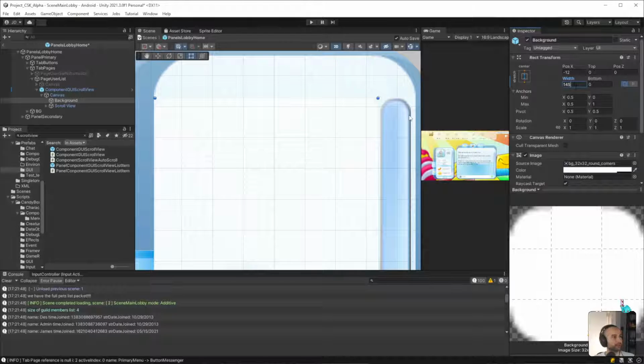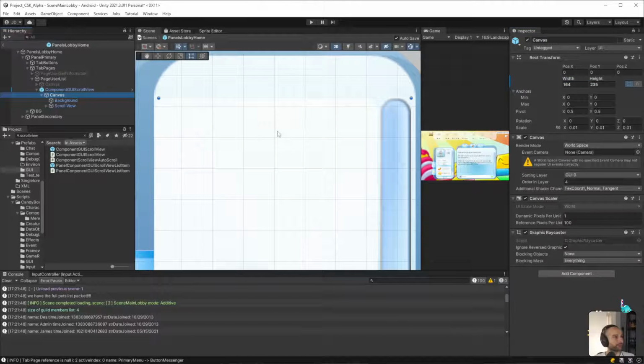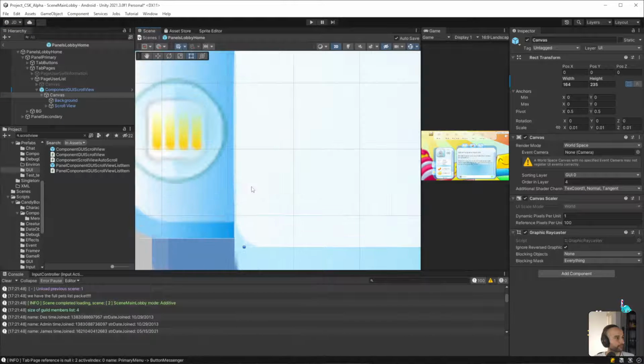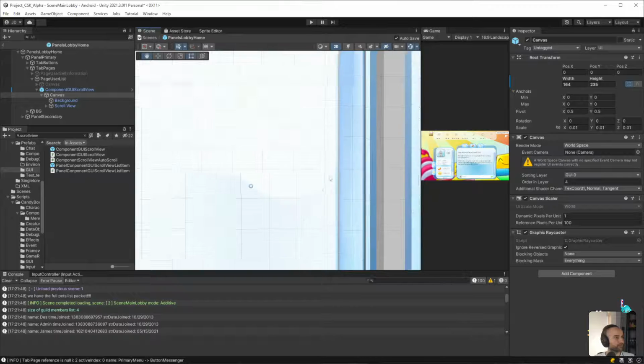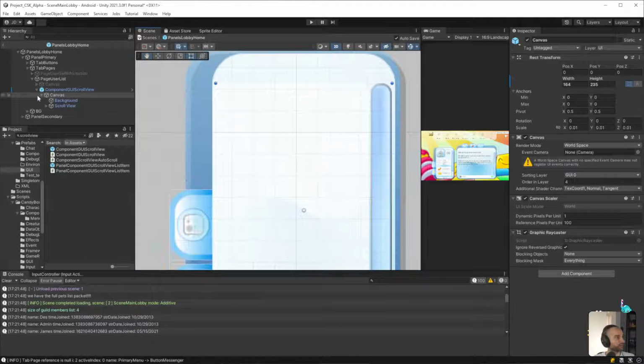That looks about right. It seems a little bit off-centered. Let's find out where that centering is coming from.